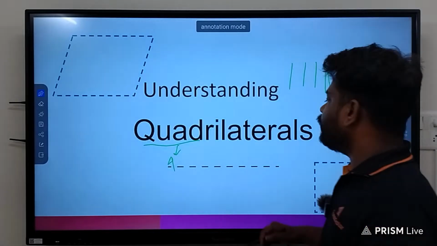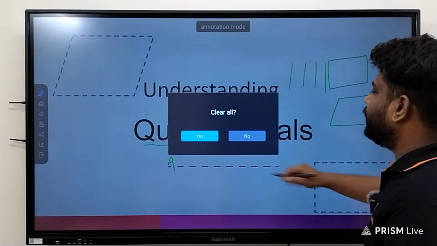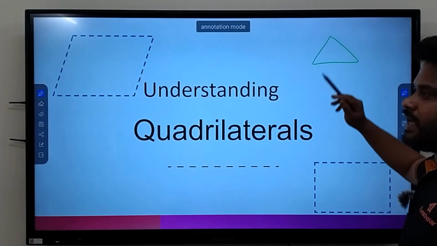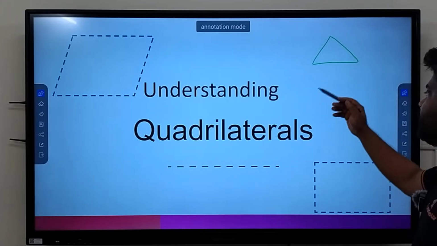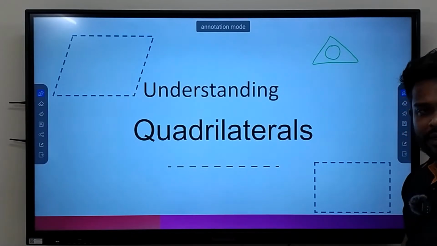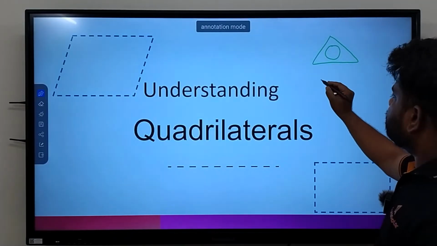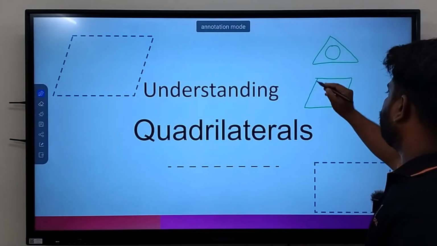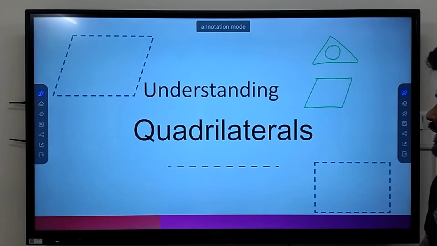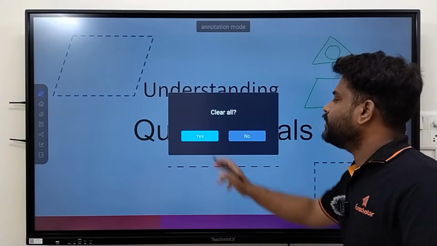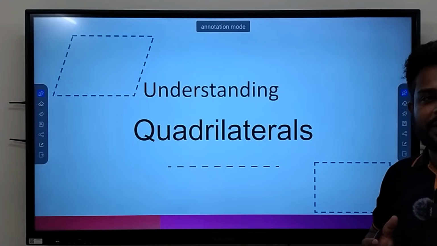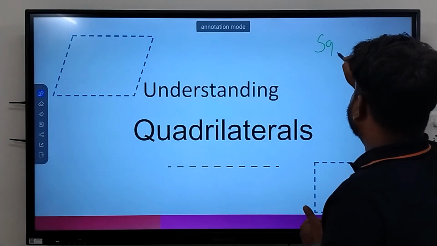Okay, so if I start from the beginning, we have already learned that this one is a triangle because it has three sides. Tri means three sides, and it is a closed figure, so this is called a triangle. By the same process, something which is closed and has four sides will be called quadrilaterals. Now tell me, there are so many examples which we have been learning since childhood, since we started learning geometry, that is square,